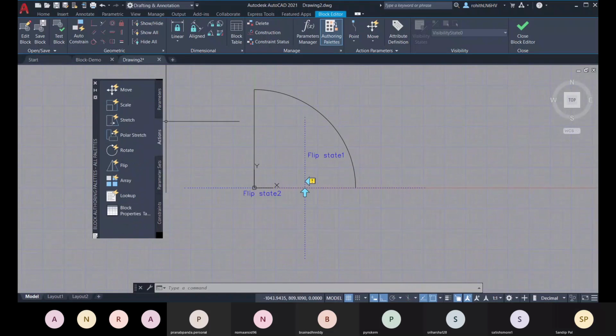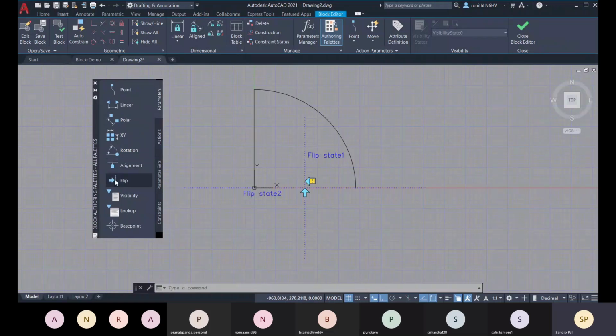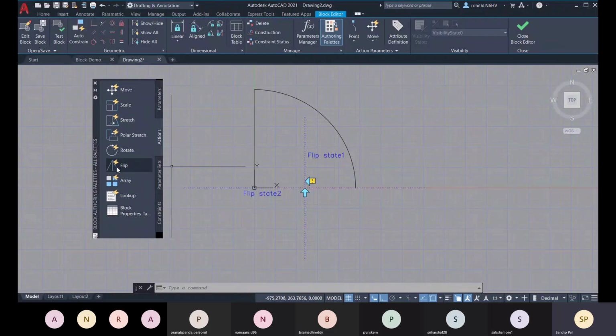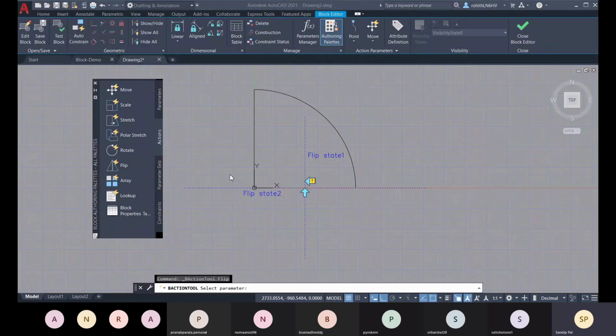Now you have to assign the action. After placing your parameter, you have to assign an action. As per the parameter, you will be choosing your action. After placing your flip parameter, you cannot go for scale, so you have to choose flip.